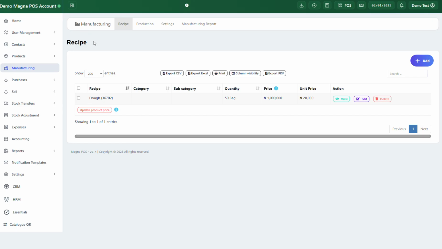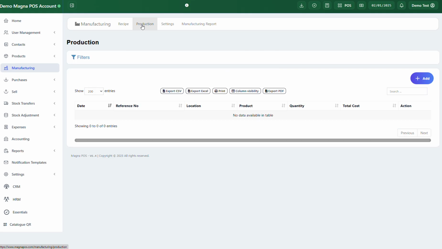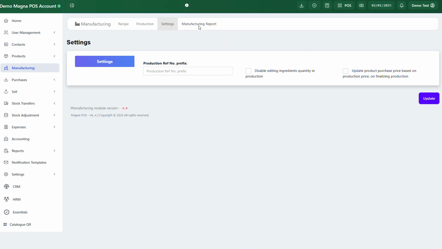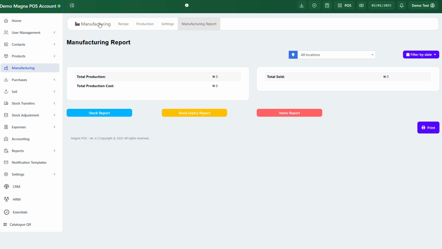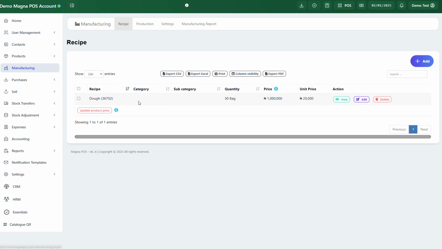And you would see a couple of options here: the manufacturing, the recipe, which includes all your recipes you need for the actual manufacturing, right? The production itself, which is where you trigger the production of the products you want to manufacture. We have the settings and the manufacturing report as well. Let's go back to the manufacturing tab, which covers the products you manufacture. Already we have dough here that was already put in, and I want to manufacture a new product called big